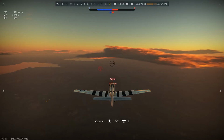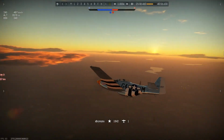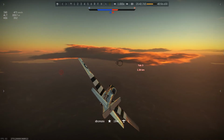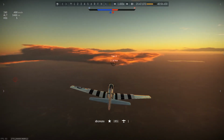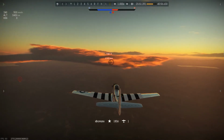That's actually a really good tactic in this case, because if you ever, for future reference, find yourself in a situation that these Yak 3s are in, where you have one, I guess, quote-unquote, boom and zoom plane flying above you, and you have multiple teammates, one thing you can do